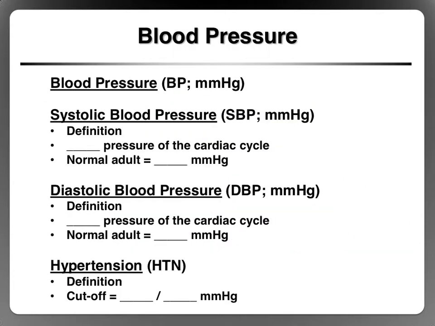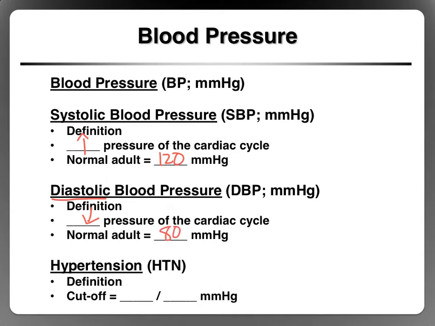So blood pressure is the pressure exerted on the walls of your blood vessels. When we talk about blood pressure, we're usually talking about arterial blood pressure. Systolic blood pressure is the pressure in the arteries during ventricular systole. It's the highest pressure during the cardiac cycle. A normal systolic blood pressure would be 120. The diastolic blood pressure is the pressure in the arteries during ventricular diastole, or when the ventricle is relaxing and not ejecting blood. This is the lowest pressure of the cardiac cycle, and a normal diastolic blood pressure would be